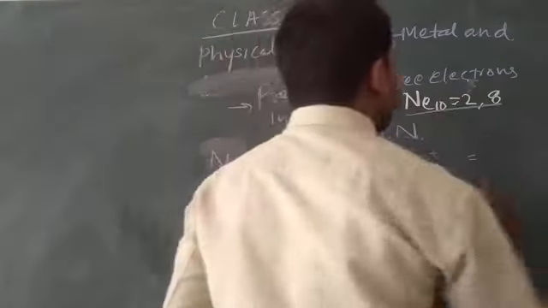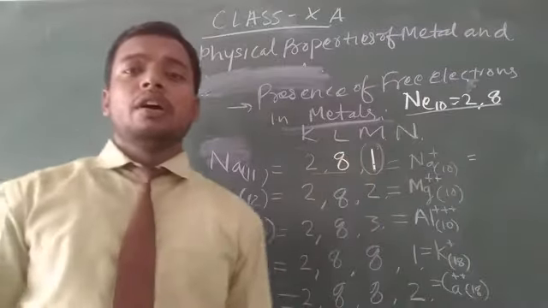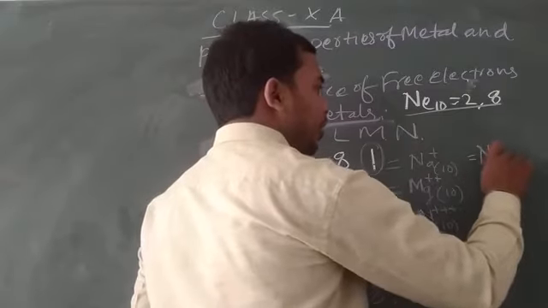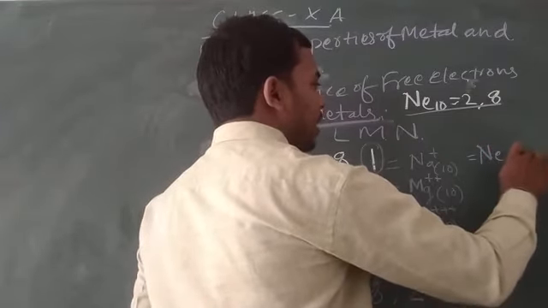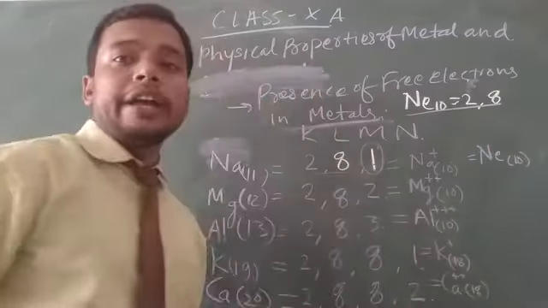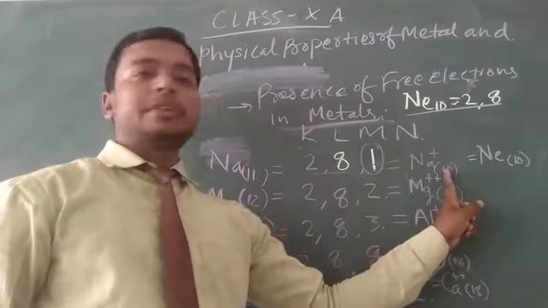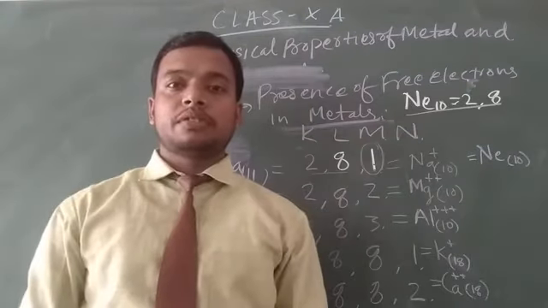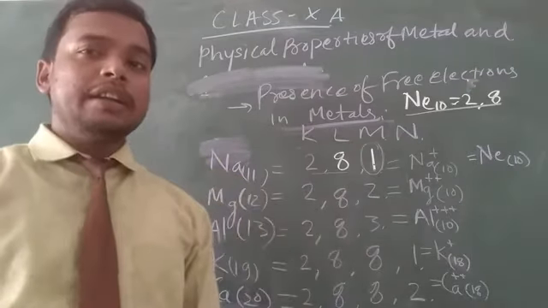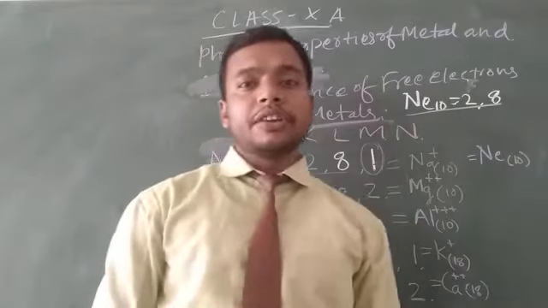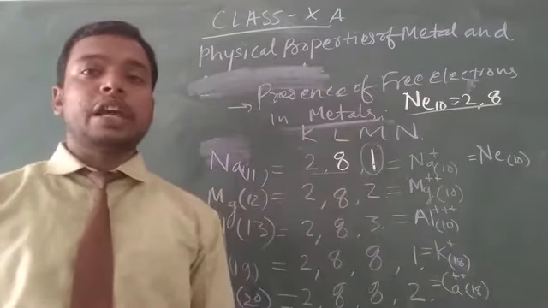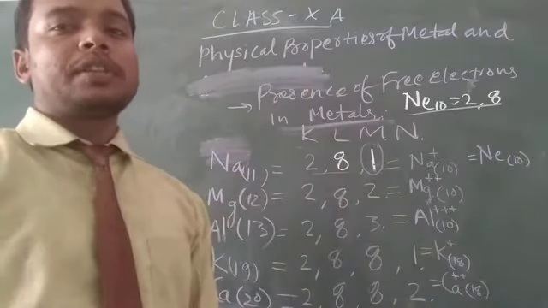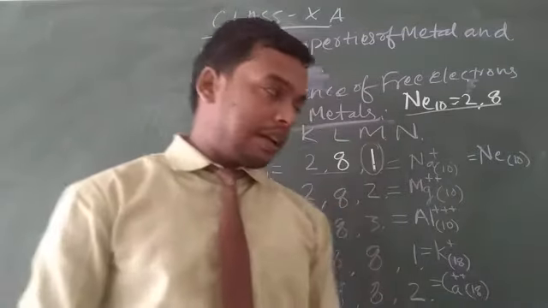So sodium metal has the same electronic configuration as neon, that is 10, after losing 1 electron. So it will be stable, and sodium is highly reactive by nature, and that's why it is kept under kerosene oil. When it comes in contact with the atmosphere, it starts to burn or degrade.